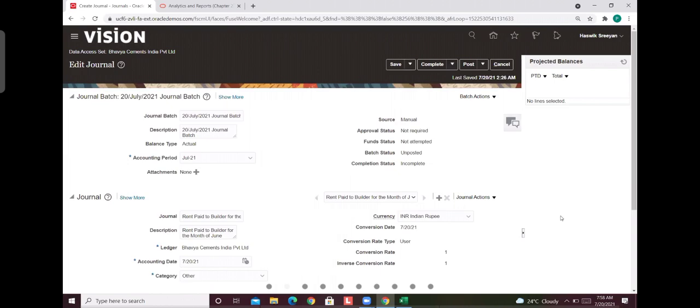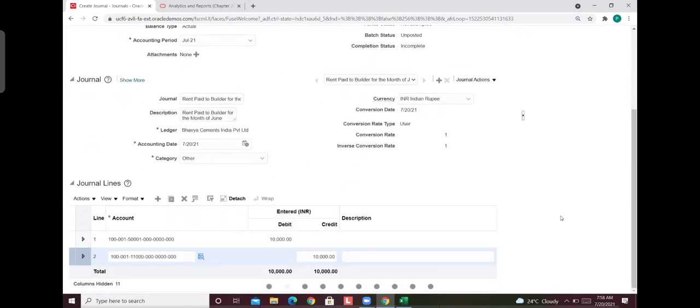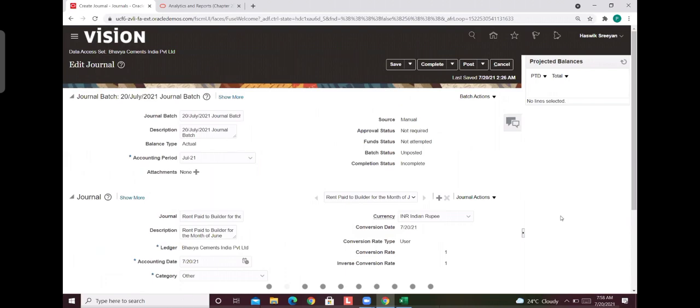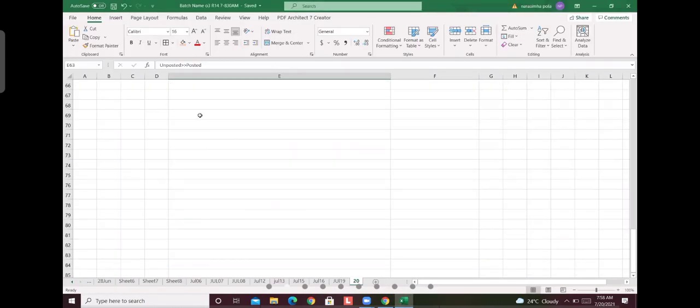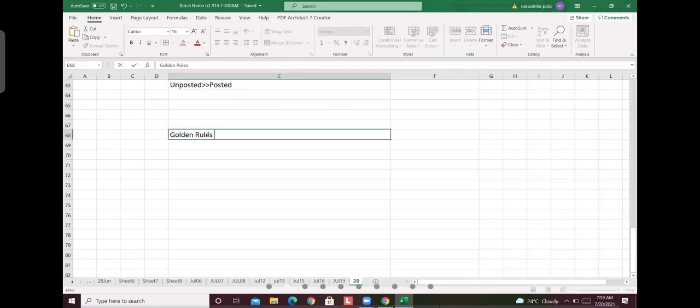Yes. Sir, in that rent payment, he has paid 1,000 rupees as advance. We can add that one line as advance. How do we identify what is the credit and what is the debit? Are you a non-commerce student? Yes, sir. That depends on the transaction and what comes in. See, there are 3 rules. We call them the golden rules in accounts.